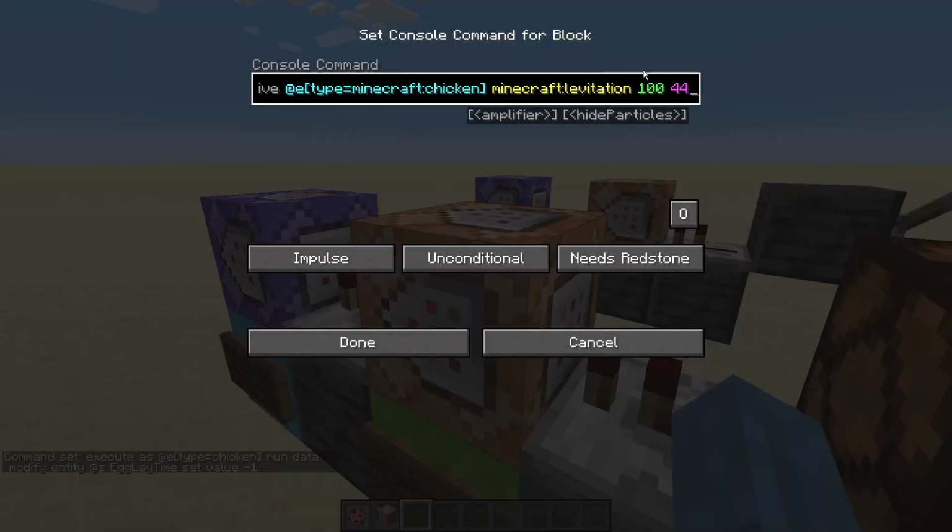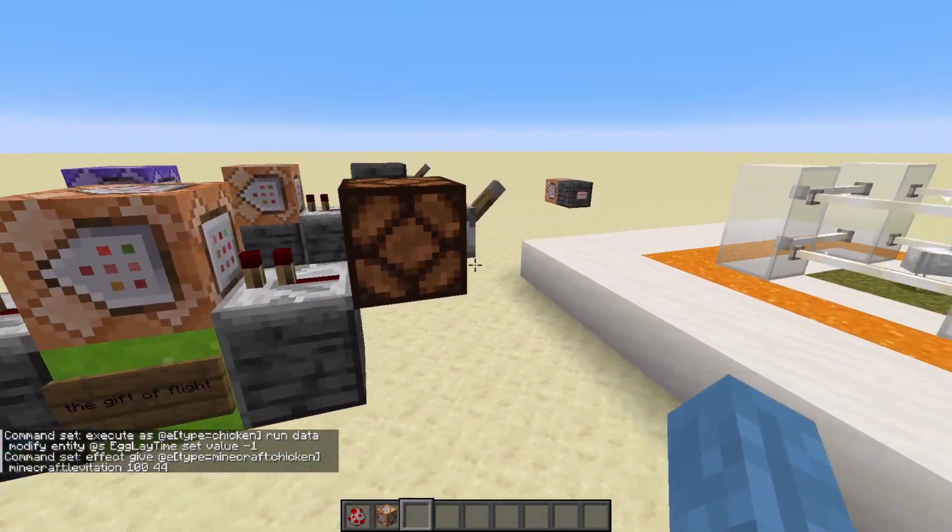This one, because you have a duration here, you don't have to do that for this one. You can, and it won't break. But I think it's better to leave this one just as an impulse, aka only when it just got redstone, if that makes sense. Anyway,